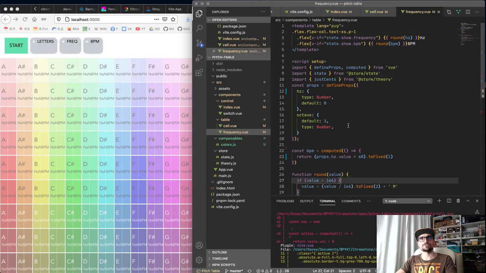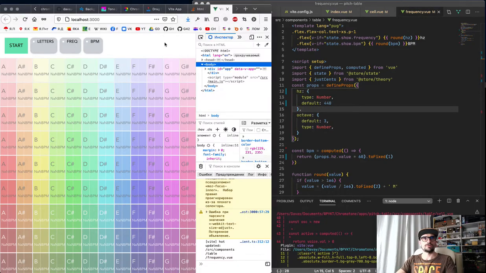Yeah, it should show like show frequency, round hertz. Default is 440 and